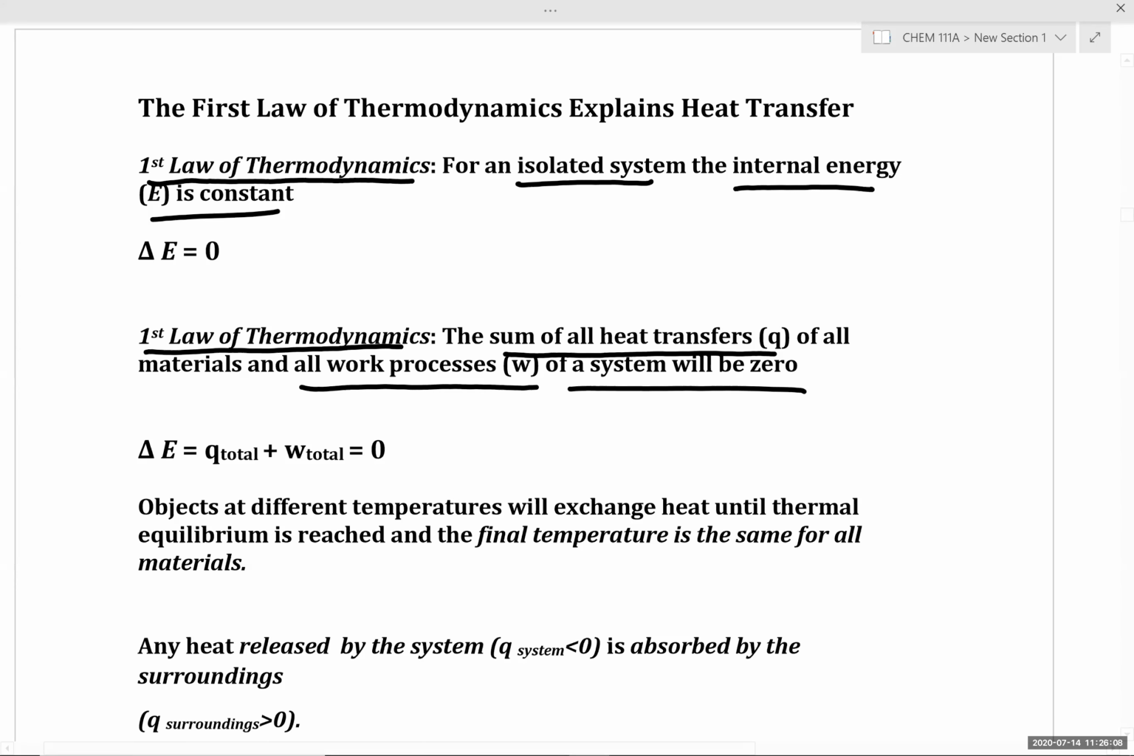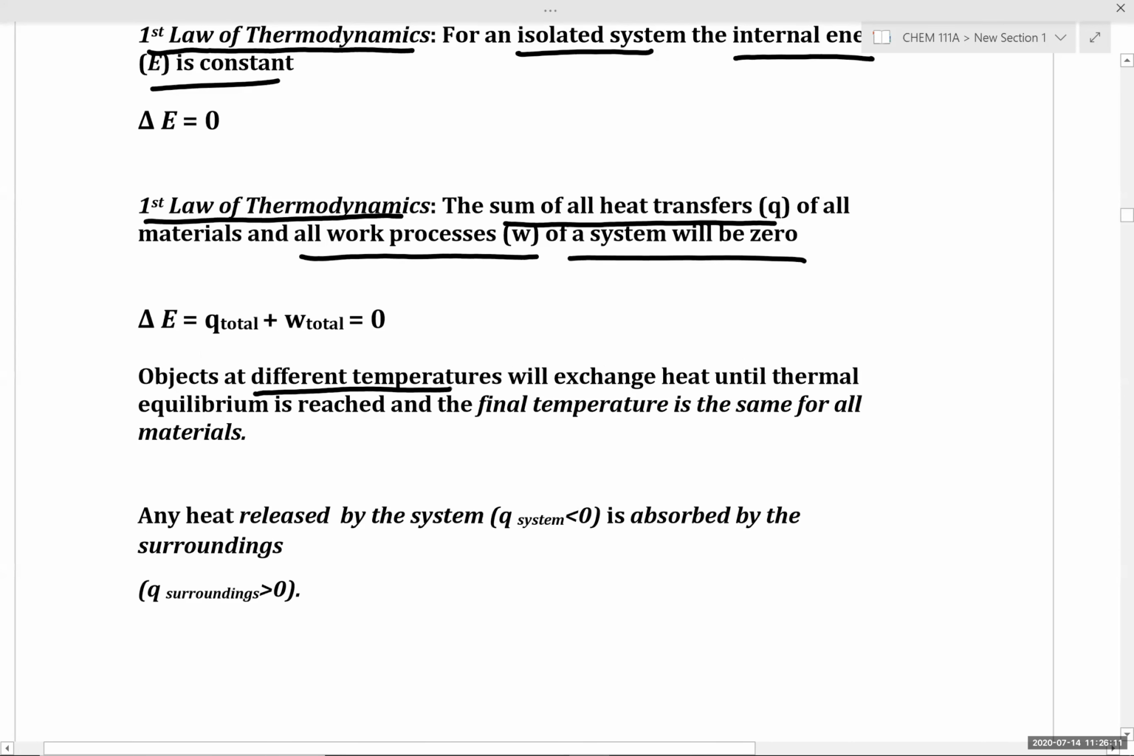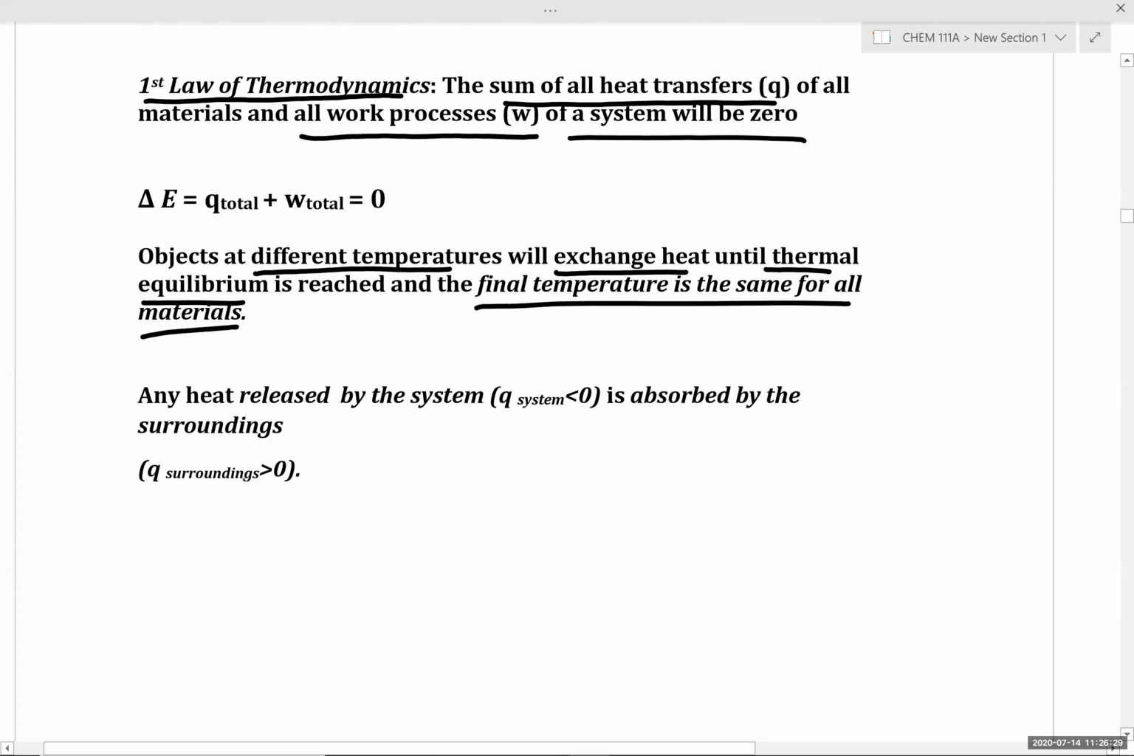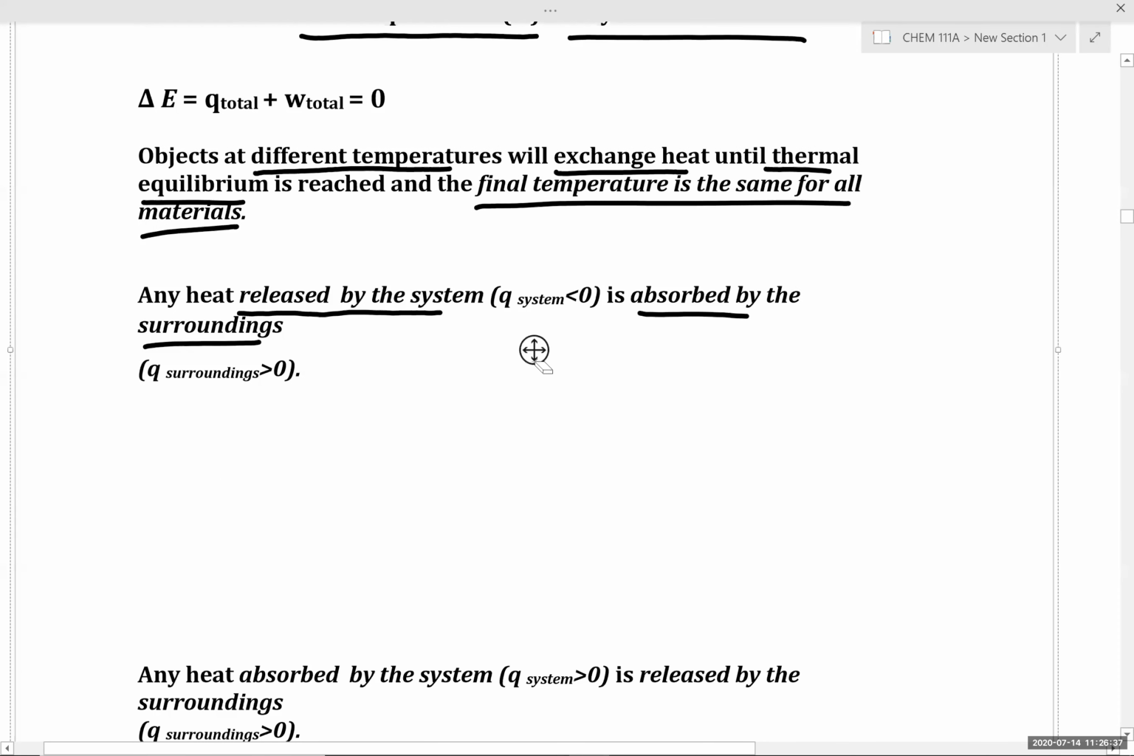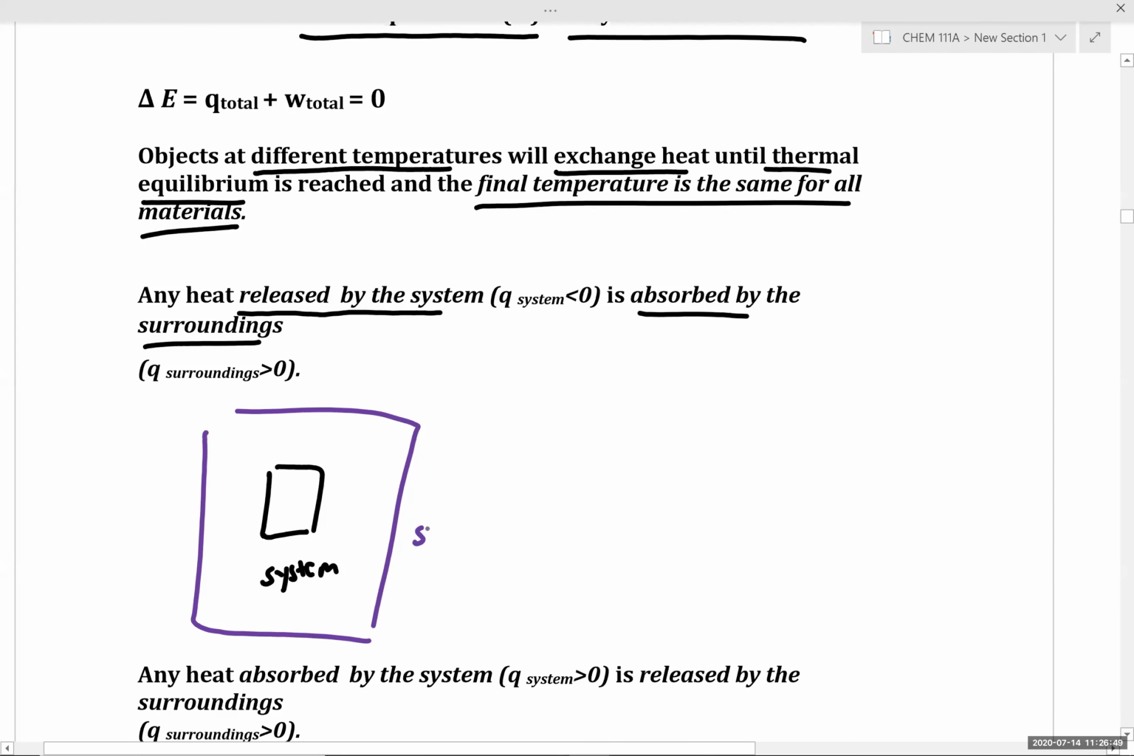Okay. Now we know that objects at different temperatures will exchange heat until thermal equilibrium is reached, and that the final temperature is the same for all materials in thermal contact. So first and foremost, any heat released by the system is absorbed by the surroundings. So for example, if this is our system and everything around our system is our surroundings,